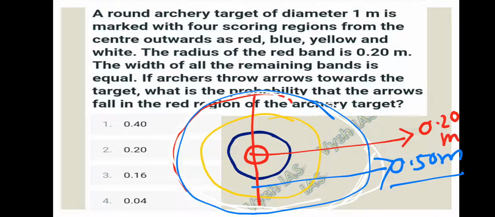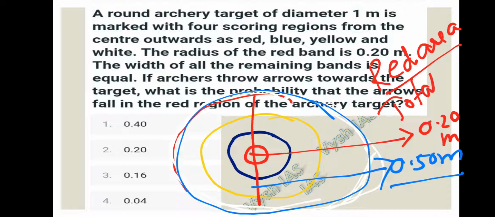So what is the probability? Probability is nothing but the possibilities by the total outcomes, right? So the possibility is that it falls into the region of red, so we have to take the red area. Probability is red area by the total area. The area which is occupied by red by the total area is nothing but the probability of this particular given condition. Let me erase all this.